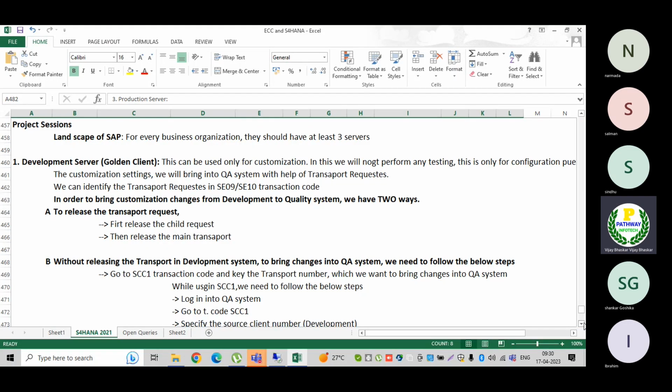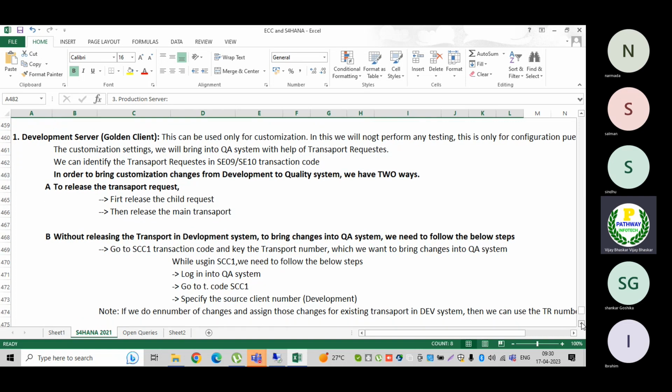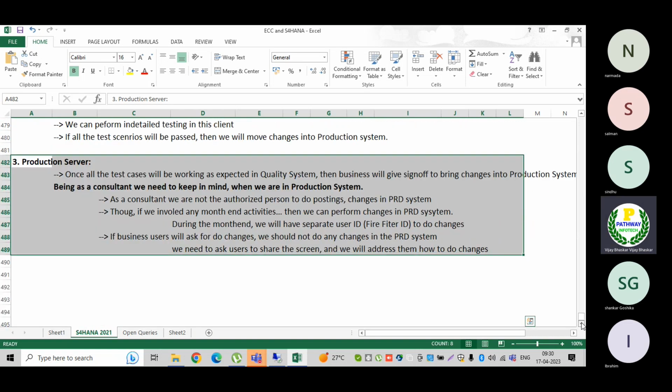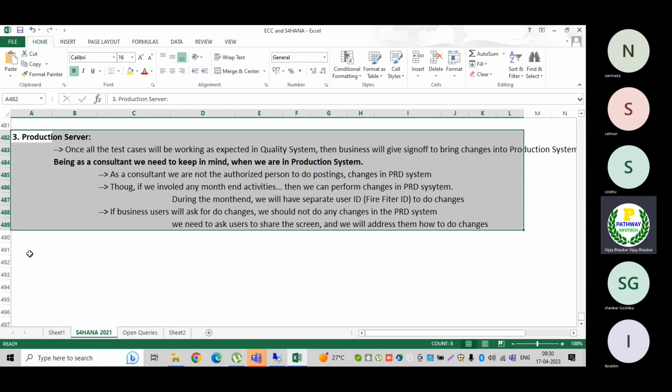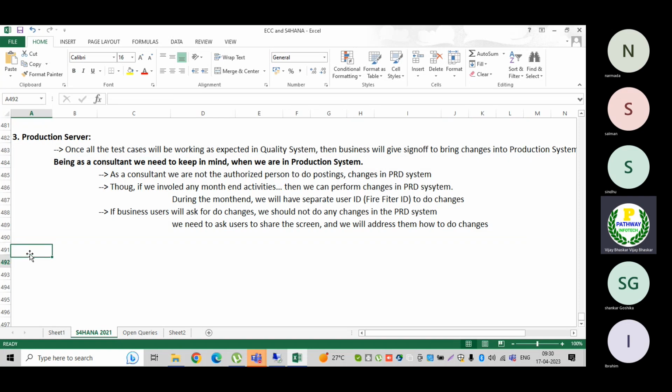We have discussed the development system, testing system, production system. What is meant by the sandbox? There will be one more, the sandbox system. What is meant by the sandbox system?